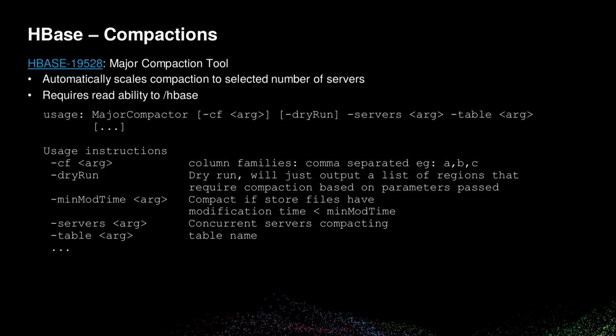And so anyone in the HBase community, definitely recommend you look this up. You can build it from a newer version of HBase and run it against an older version. It's a very useful thing, and what Artem will demonstrate is how it used to be done, even in a much more naive way, which required code. And now it's just a command line. We can kick it off with an Oozie shell action. The same way that Oozie shell example was kicked off, you would just run HBase and the class for the major compactor and the command line arguments.